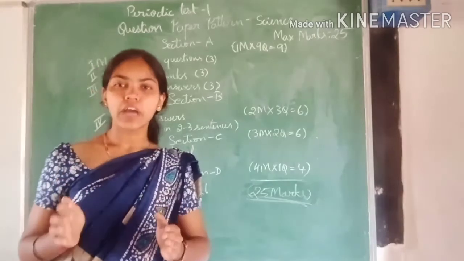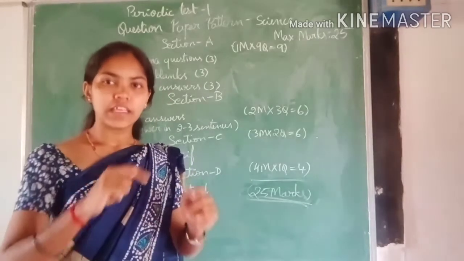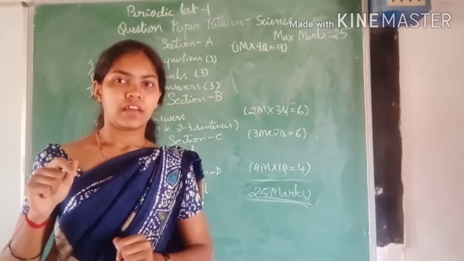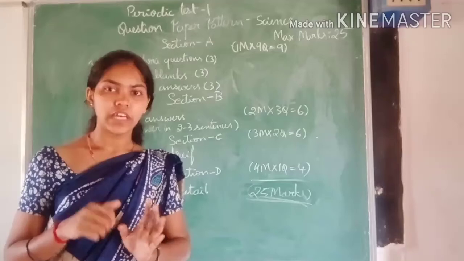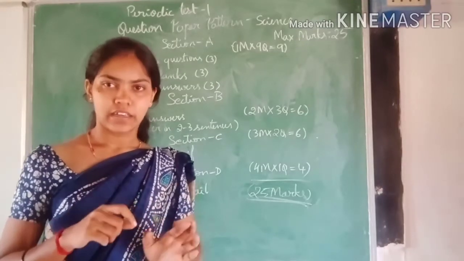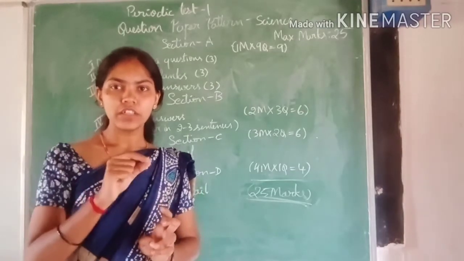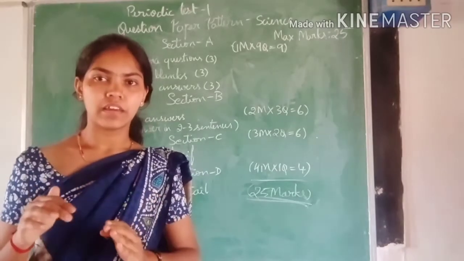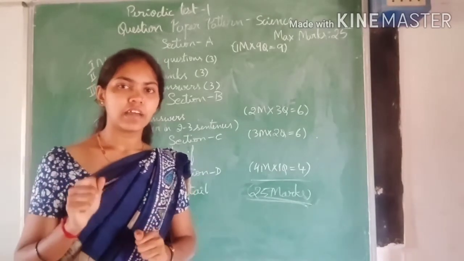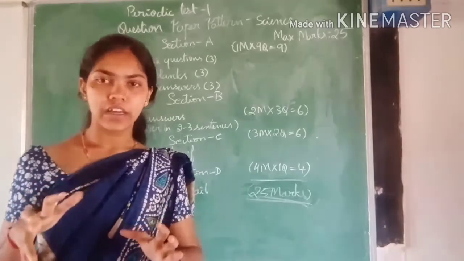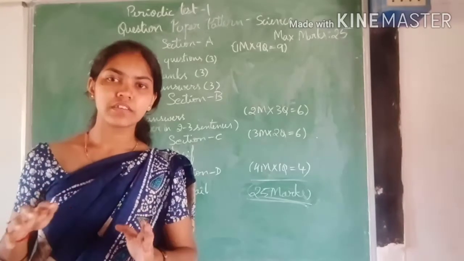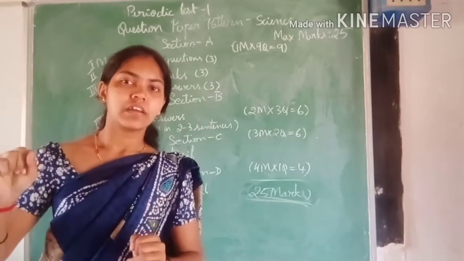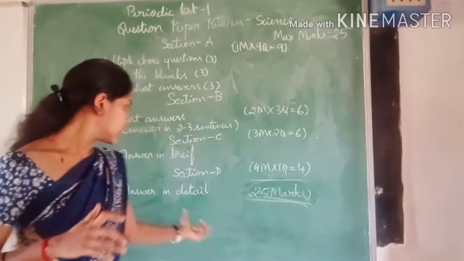And then when you attempt the question paper, first you have to write your name, class, and date properly. Write it in your sheet, and all the answers you have to write in pen properly. Don't write in pencil and don't scribble. When you draw the experiment or the pictures, draw them neatly using the pencil and then label the parts. Experiments and all, you have to do neatly.